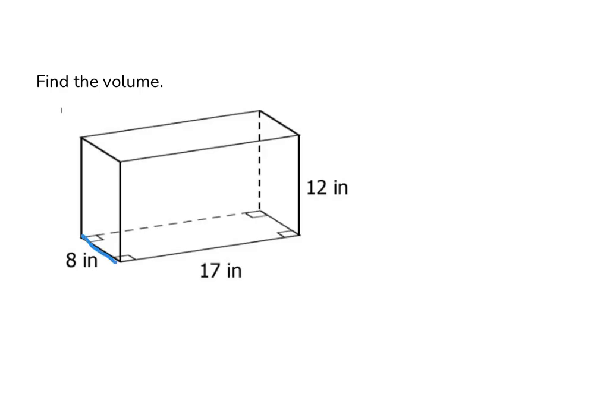So my base, I like to outline the base. It doesn't just come right out and tell me it's a rectangle, but I know it's a rectangle because I got 4 right angles. I got 2 dimensions that are not the same, so it's not a square, it's a rectangle. And the one thing that we've been doing over and over again, whenever we have something like this, big B represents the area of the base, right? And it tells you that there in your formula. Big B is the area of the base, but that's why we got to decide what kind of figure we have. In this case, it's a rectangle, okay? And to find the area of a rectangle,